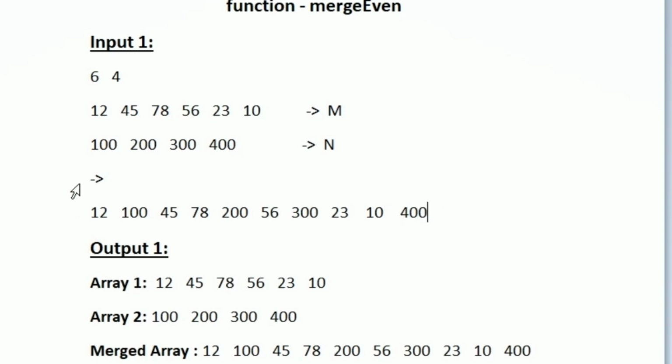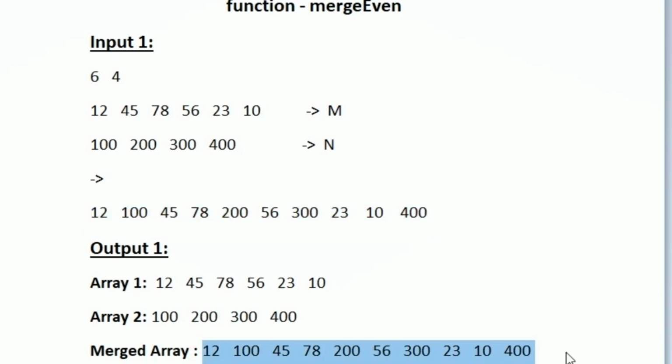In this case, we were able to merge both of the arrays perfectly because we were given the correct number of elements. Suppose we are unable to add all the integers from ARR2, then finally after appending all the integers from ARR1, we should add all the remaining integers of ARR2 at the end in our new array. So this is how we should be forming our output. For this particular input, this is the new array which we have formed. In our expected output also we can see that it is the same array.